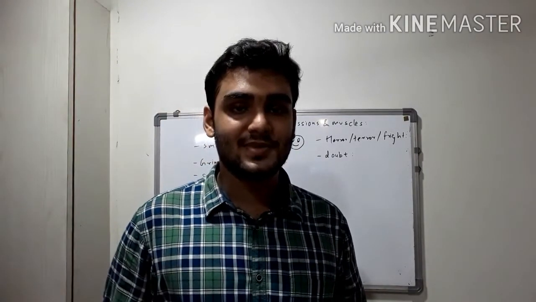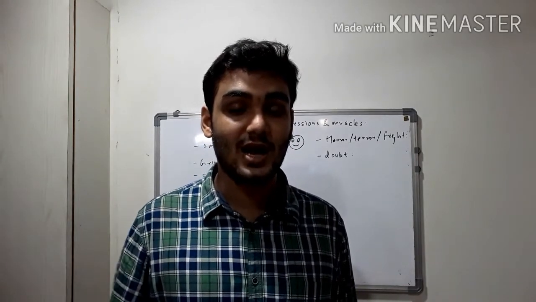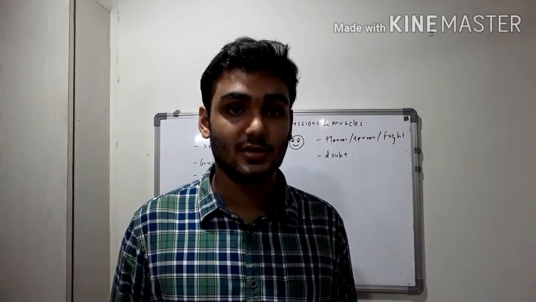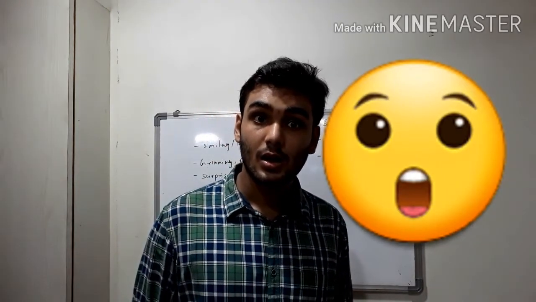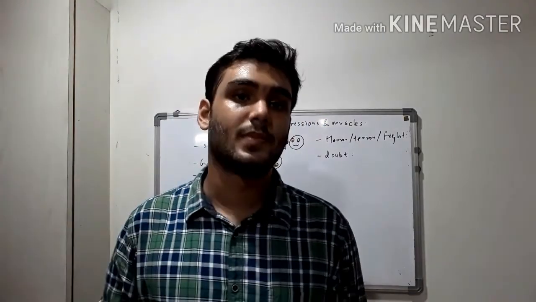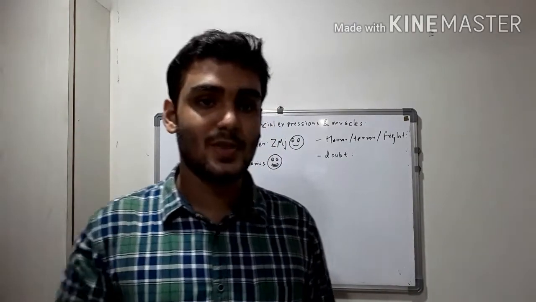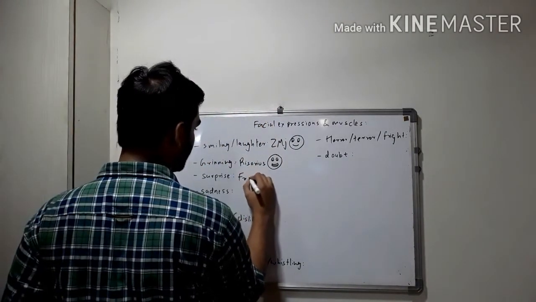Now, if someone comes at your doorstep and says that you have won a BMW or a very expensive car or something, then what would be your expression? What would be your reaction? So on the forehead, wrinkles are seen, right? So the wrinkles on forehead are produced by the frontalis muscle.